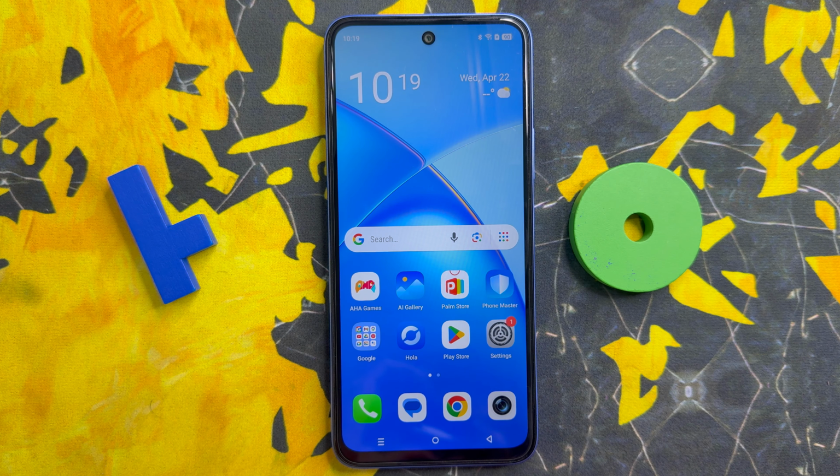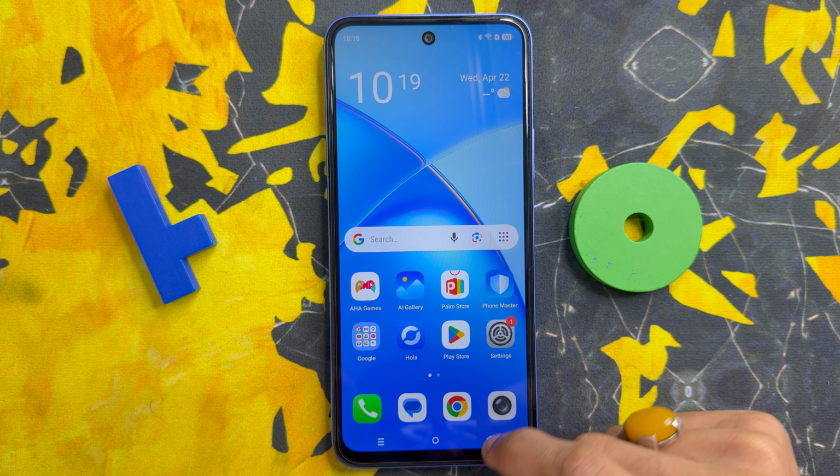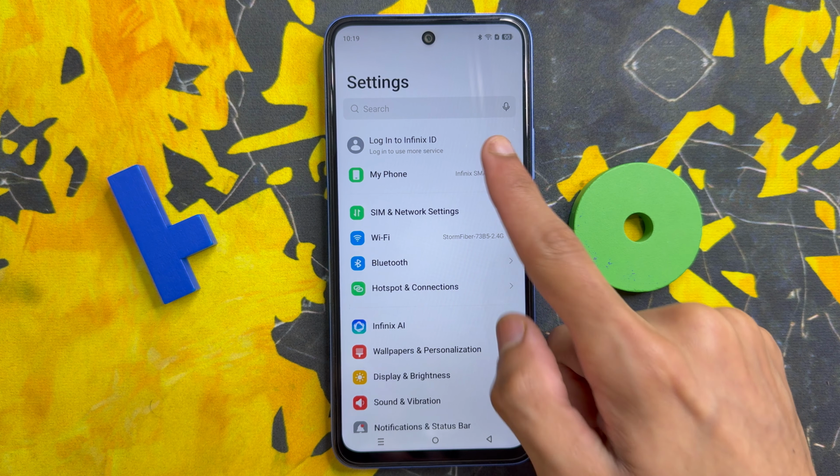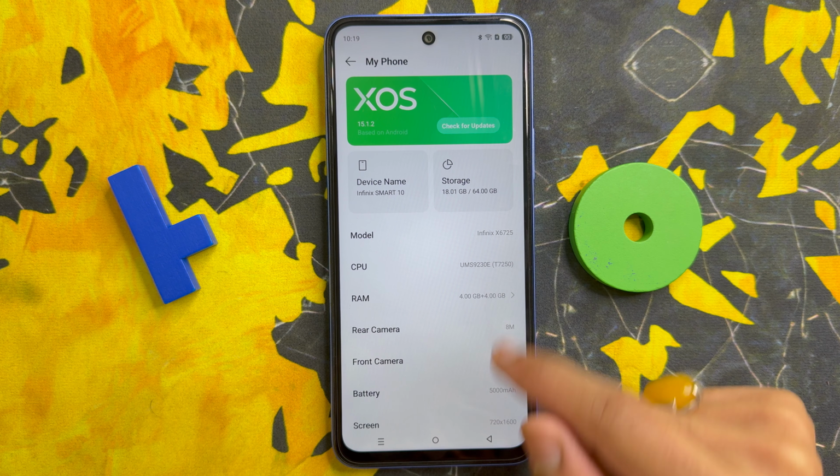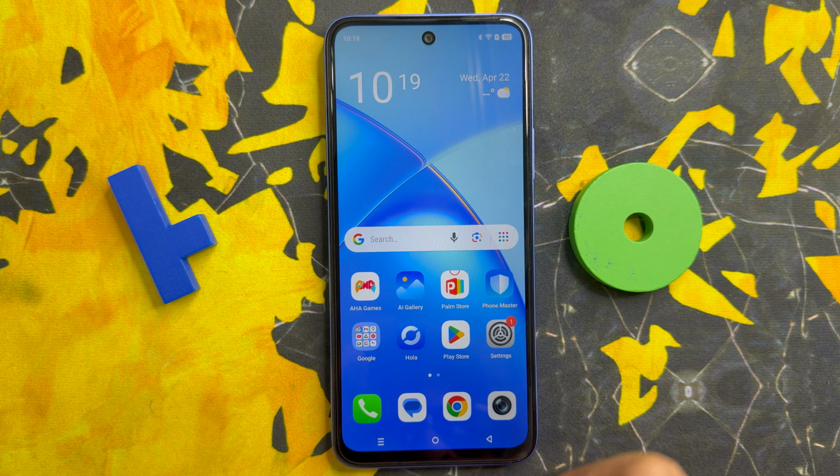But if it doesn't fix this problem, click on settings app, click on my phone, and check whether your software update is the latest. If it is not the latest, update your software to the latest. After updating the software, go back to home screen. So that's how you can fix voicemail not working on